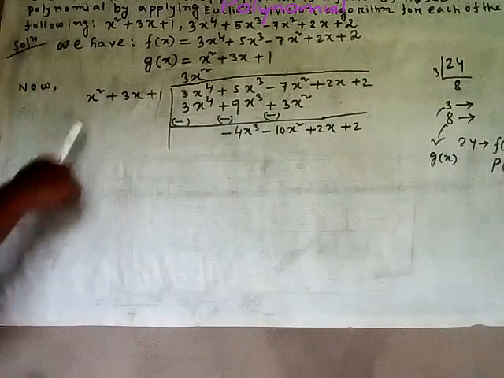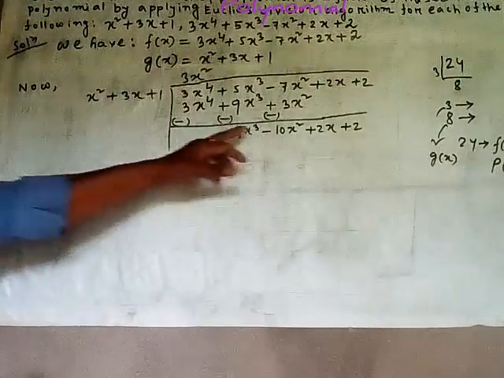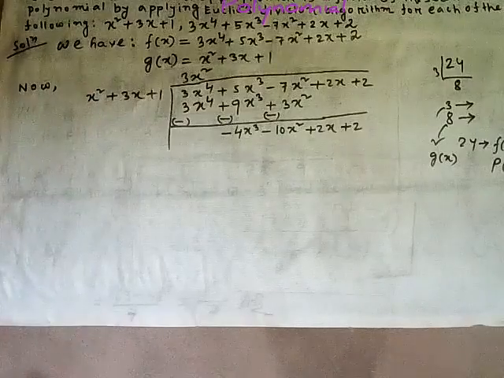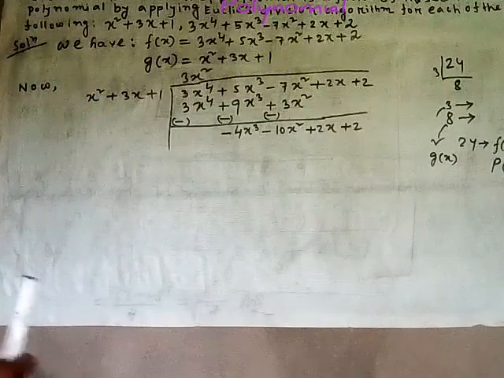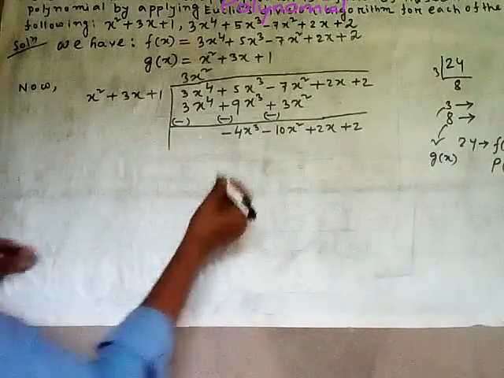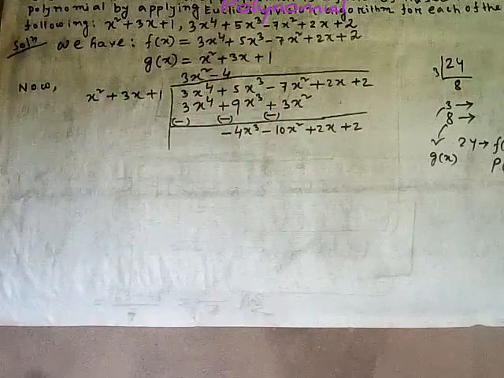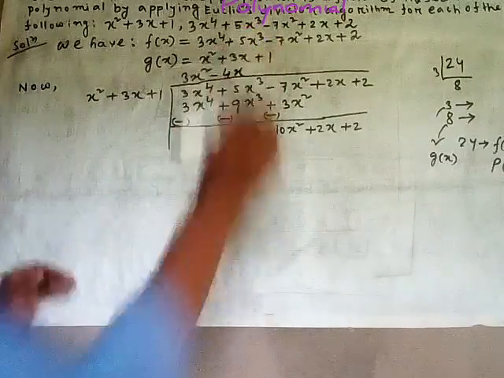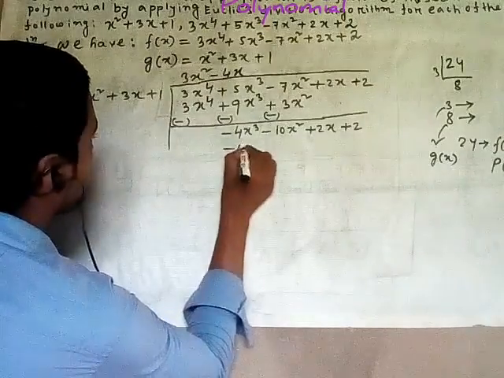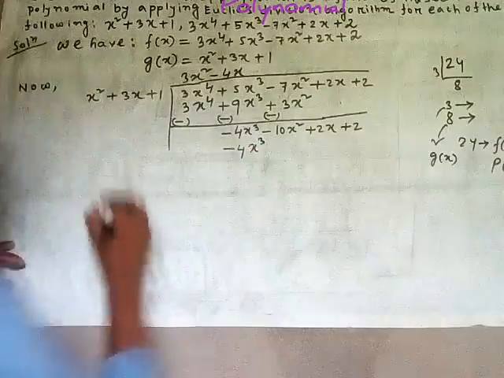Now look, in the divisor part only x square, and here is minus 4x cube. So x to the power 3, x to the power 2, it means 1 is less, so we have to multiply another 1x, and here is minus 4, there is plus 1, so we have to multiply by minus 4 also. We can do minus 4x, minus 4 into 1 minus 4, x into x square, it means x cube.